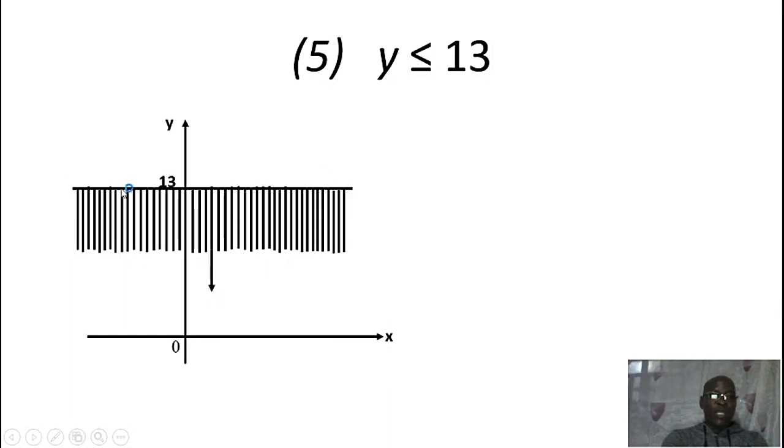When we draw the line on 13 horizontally, defining the point where the value of y is equal to 13, irrespective of the values of x, left and right, how do we shade? We are talking about something less than 13, y less than or equal to 13. So the values y can take must be less than or equal to 13, but any number less than 13 should be found below 13 on this Cartesian axis. So as a result, we shade downwards, left and right. The arrow indicates the direction of movement. I think you can do it if you are given one.